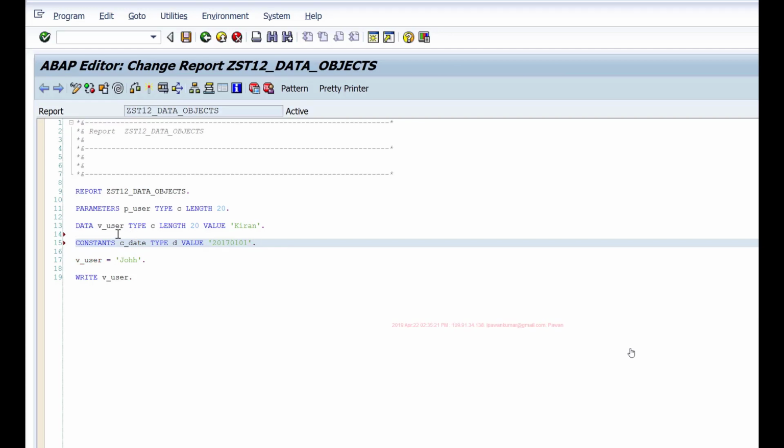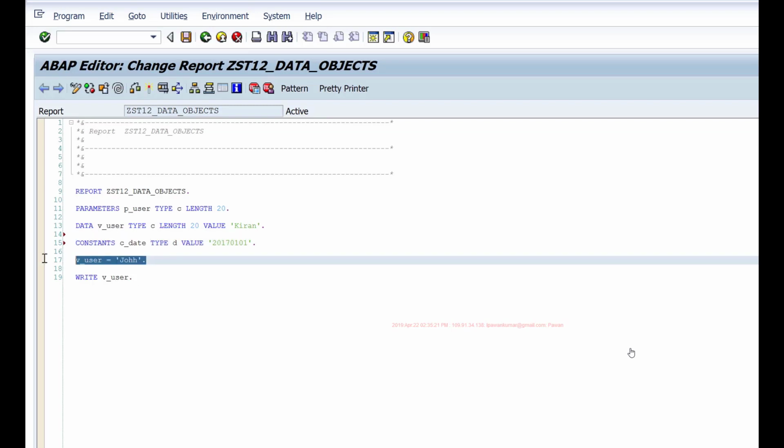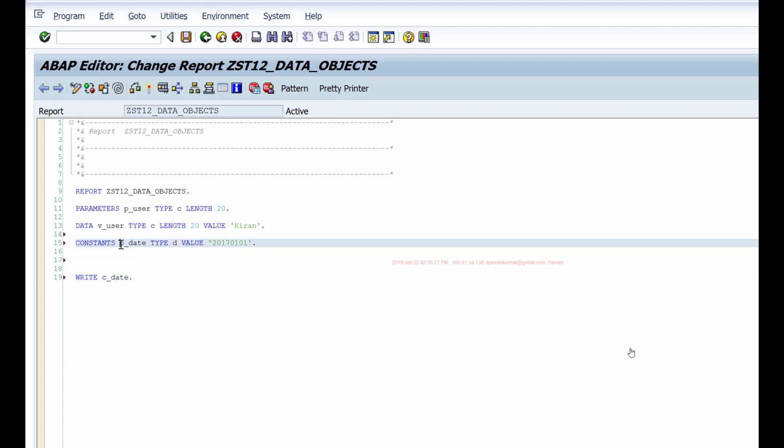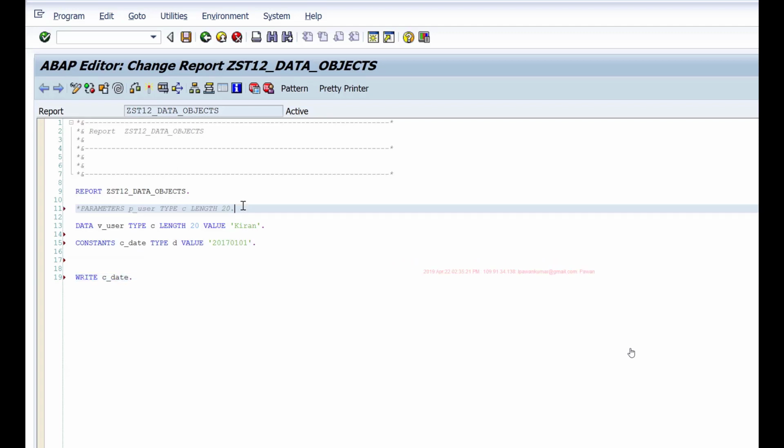Okay. Now this is a data object. For example, I'll remove this. If I simply write c underscore date, it will print whatever is stored in this memory c underscore date. I'll also remove this parameter statement so that I don't get that selection screen.